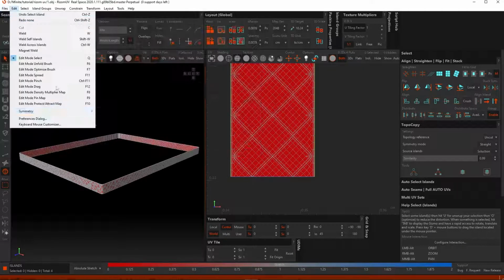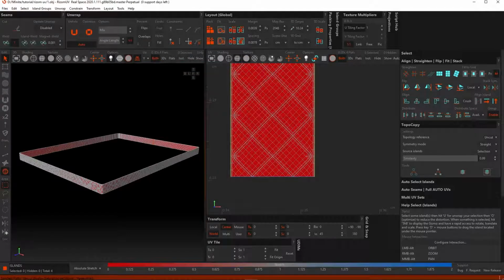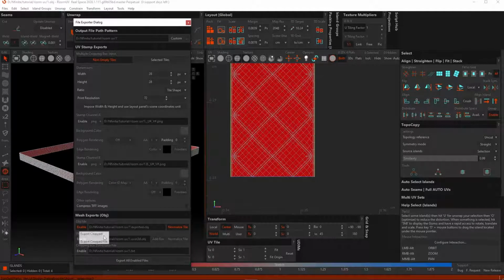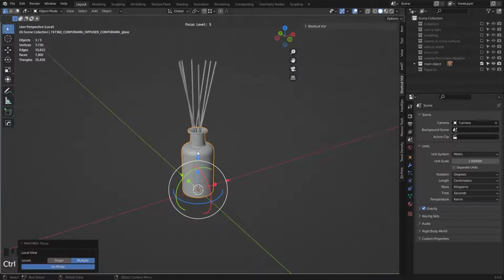If you go to files and hit on the export, you can select the directory, enable the OBJ file and click on the export all. It exports the OBJ and you can bring it back to your modeling toolkit. Okay, it's time to get back to our main object and unwrap it. As you can see, we already unwrapped this main part.